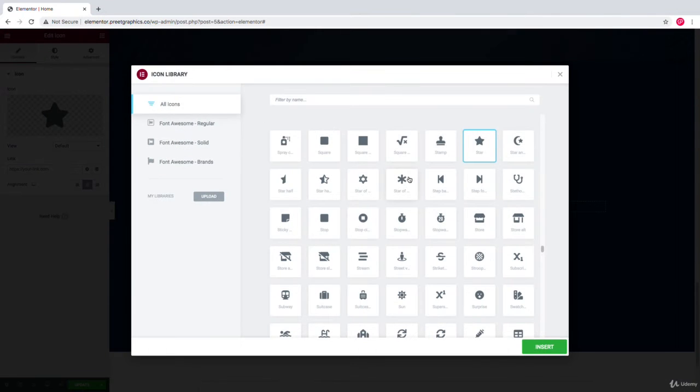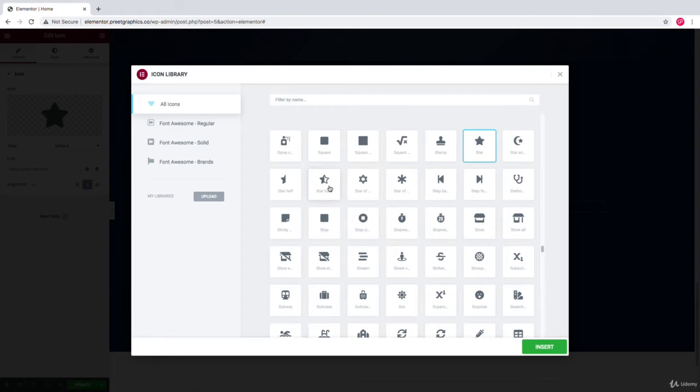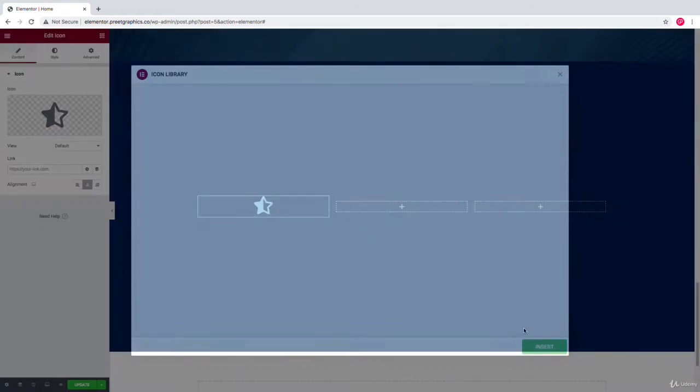We are going to create three plans: basic plan, premium plan, and then business plan. So first of all, this is going to be our basic plan, and for this one, let's choose this star right here, or maybe this one. Okay.